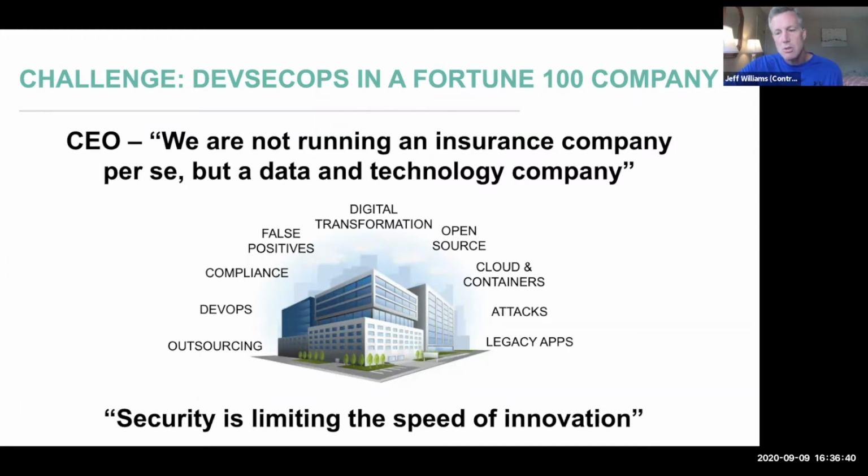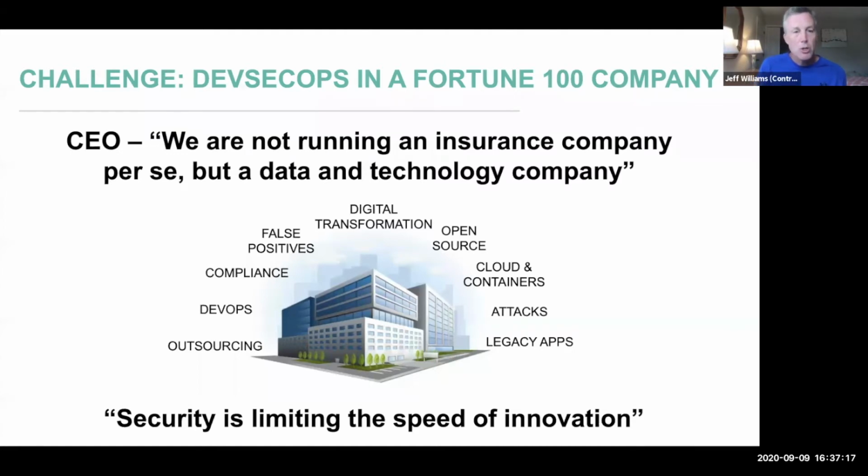But their CIO said something interesting. He said they've tried to automate application security using SAST and DAST, but their scans were still taking many hours, and they were producing what he called crappy results, and they weren't getting any value despite immense hours, his words, to automate security. So their CIO said that security is limiting the speed of innovation, and he complained about security being impedance and said security is adding story points to every single thing they do.